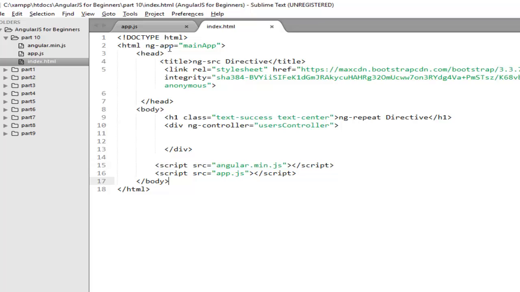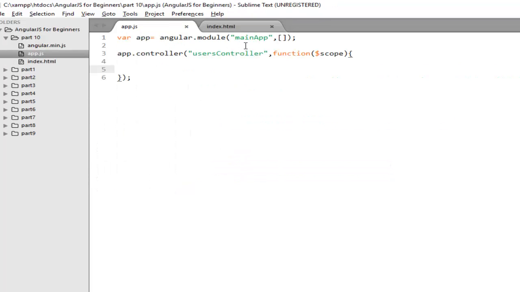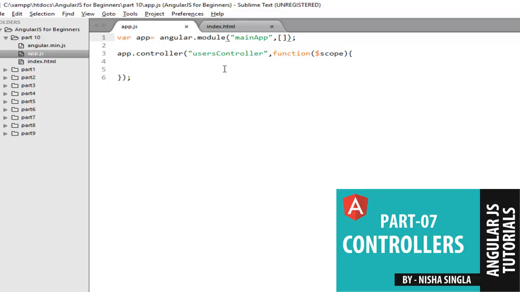In the app.js file, I have created a module for my application, that is your main app, and one controller, and I have given a name to this controller, users controller. In the previous videos we have already learned what a module and a controller are and how we can create them. So I strongly recommend going through those videos to have a better understanding of this video.